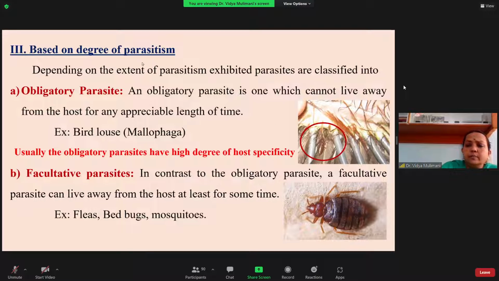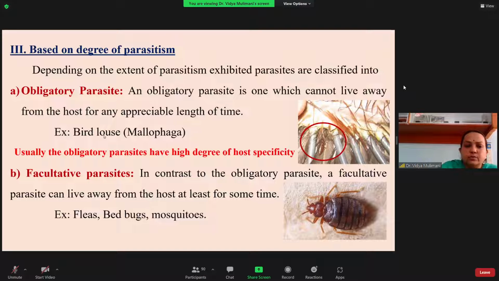And the third type is based on the degree of parasitization. It is the same as what I told before. It is a degree of parasitism, obligatory and facultative. Obligatory means cannot live away from the host. That is what an obligate parasite is, the one which cannot live away from the host for any appreciable length of time. So all the parasites we have on birds, the head louse, body louse or bird louse, all of them are